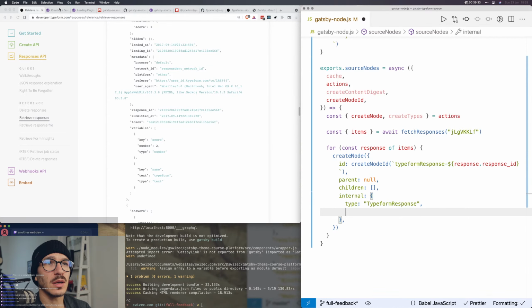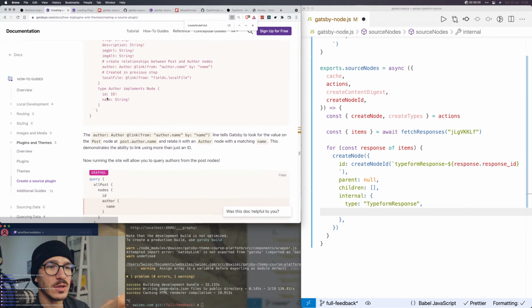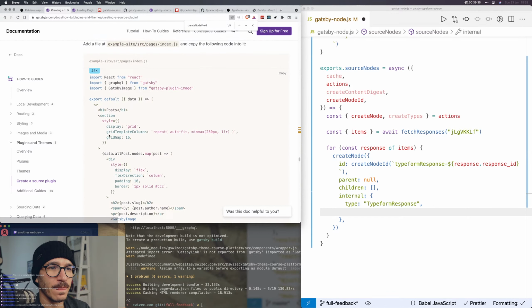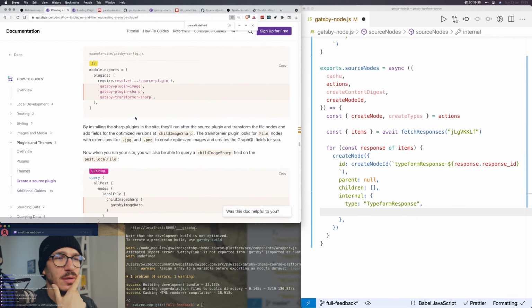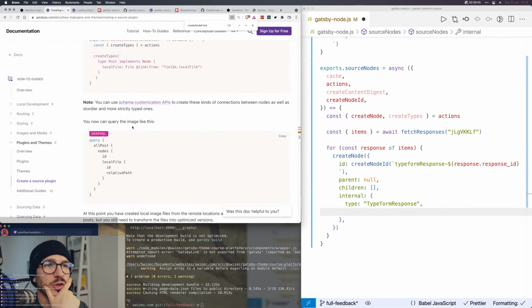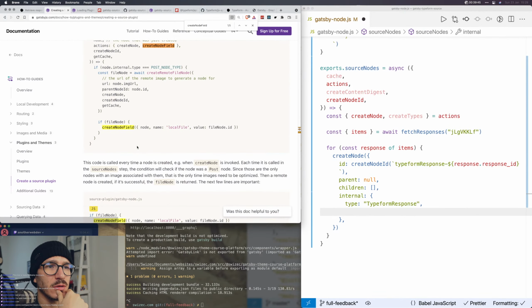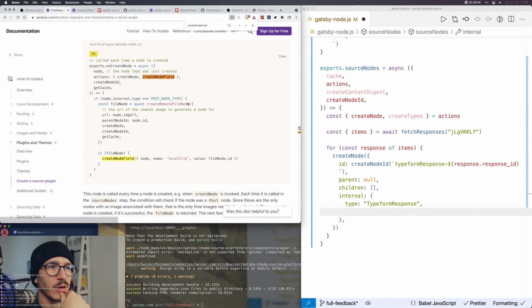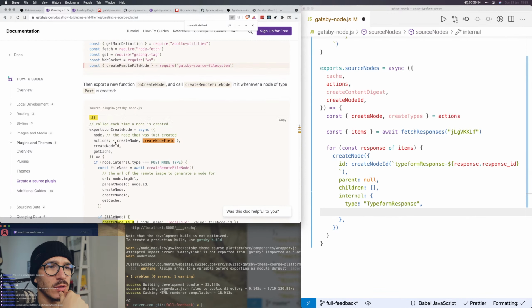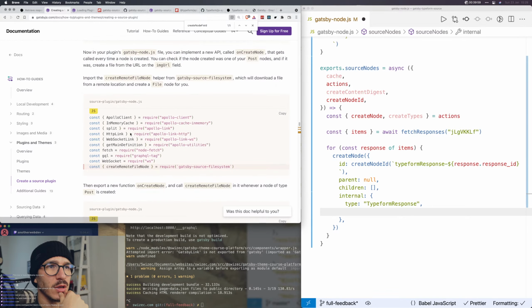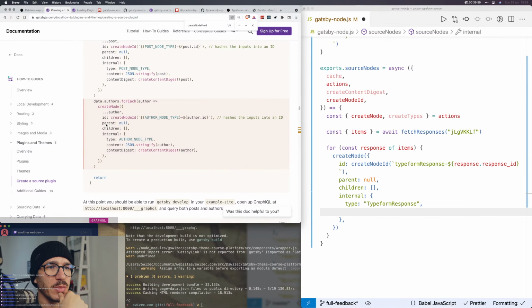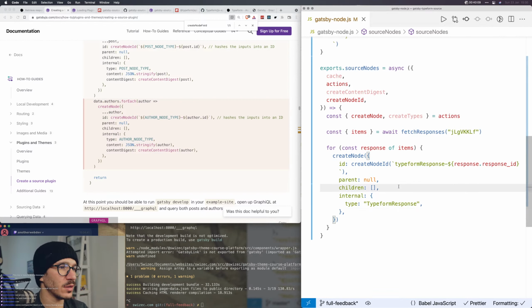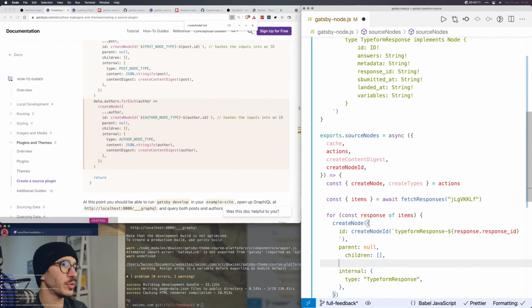And then how do I use those? So if this says slug, how do I put that in? That's the part I'm confused about. Create remote file node, URL, create node field, node ID, create node, what? Parent, children. I guess we can just go here and say parent, children, and then we put in